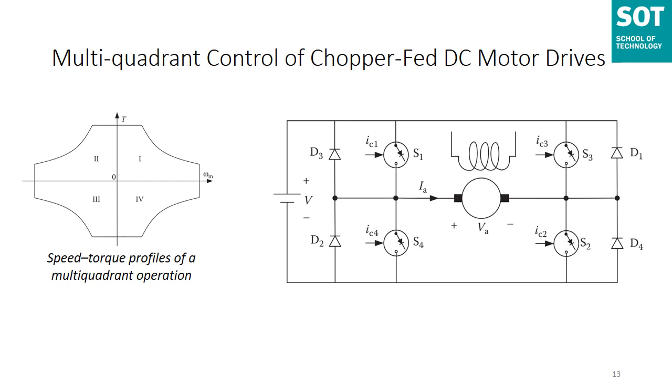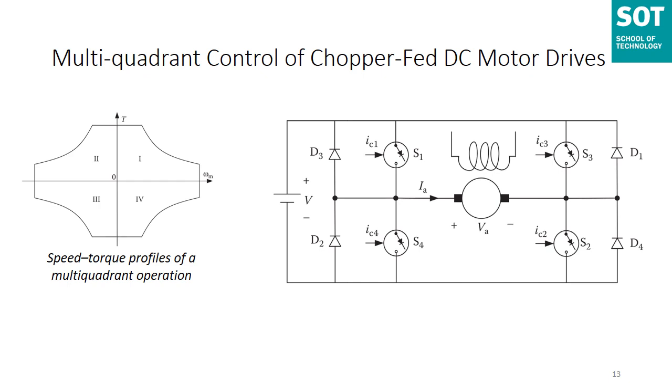What you are seeing in the figure here is a class E 4-quadrant operation. How this is happening is we are combining two class C choppers, which we saw in our previous slide. In this class E chopper, if switch S2 is kept closed continuously and S1 and S4 are controlled, a 2-quadrant chopper is obtained. What are those 2 quadrants?